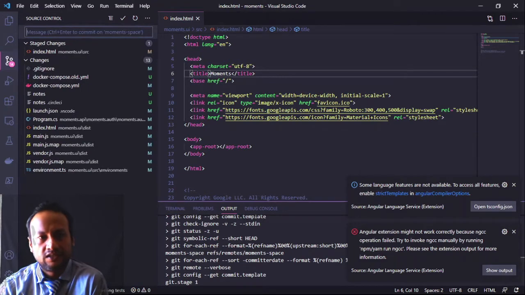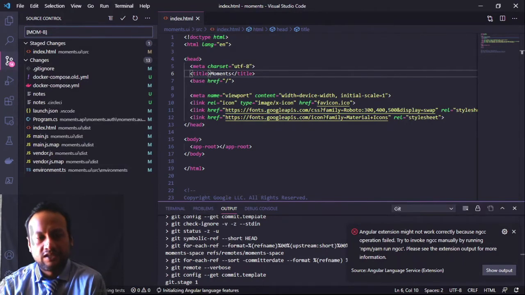You could see in the src folder moments.ui. So I'm giving the Jira ticket number, which is MOM-8. I'm just giving some comments. So what happens here is the moment I push this, the CI/CD gets triggered. So